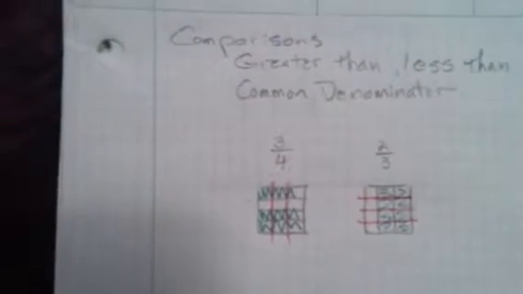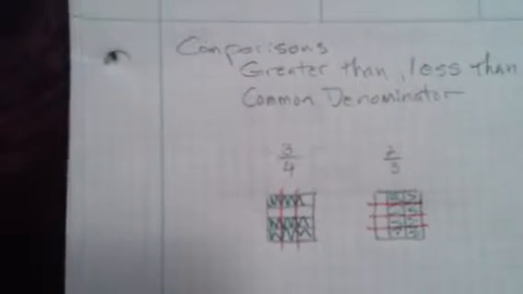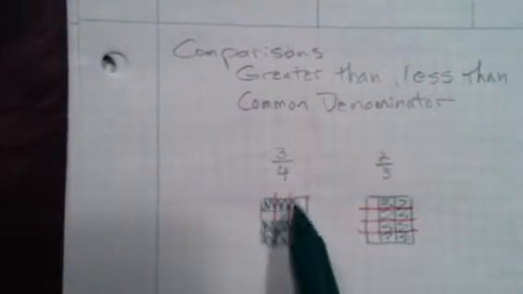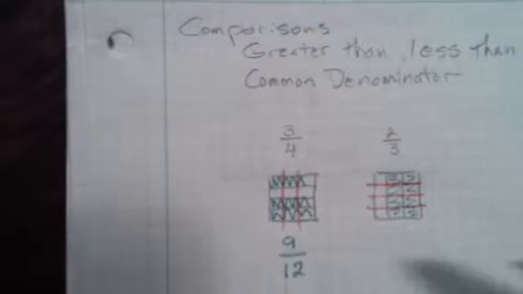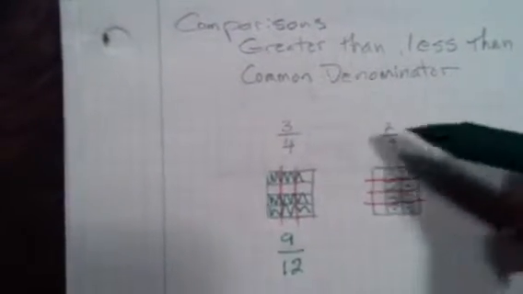And now I have a 3x4 grid representing each one, so I can say, oh well, 3/4 is also 1, 2, 3, 4, 5, 6, 7, 8, 9 out of a 3x4 grid, which should be 12 total pieces. So I can re-describe 3/4 as 9/12, and 2/3 would then be 4, and 4 is 8